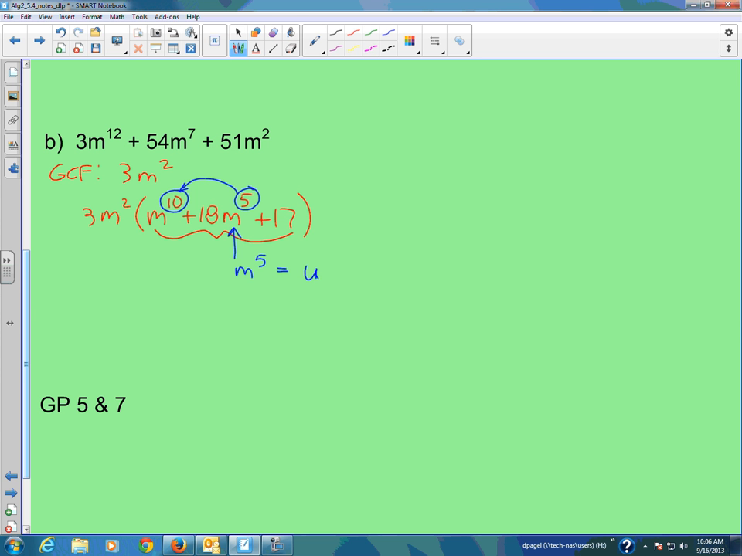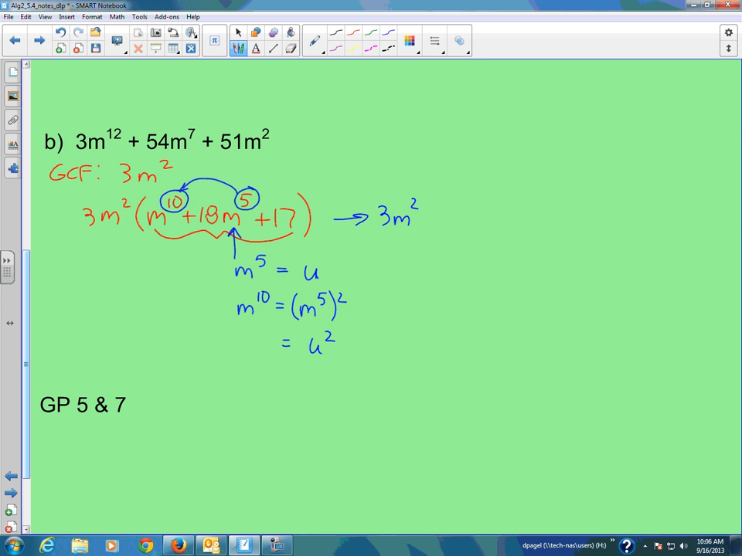And we're going to change this m to the 10th plus 18m to the 5th plus 17 to now become variables of u. So here's something to think about. M to the 10th is created from an m to the 5th being raised to a second power. And if m to the 5th is equal to u, then that's where u squared is going to come from. And I'm going to rewrite this problem now as